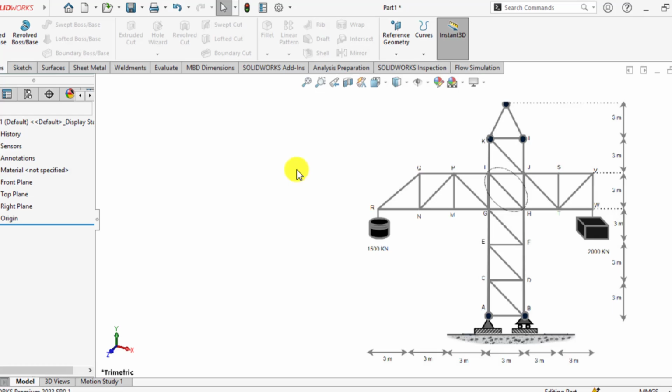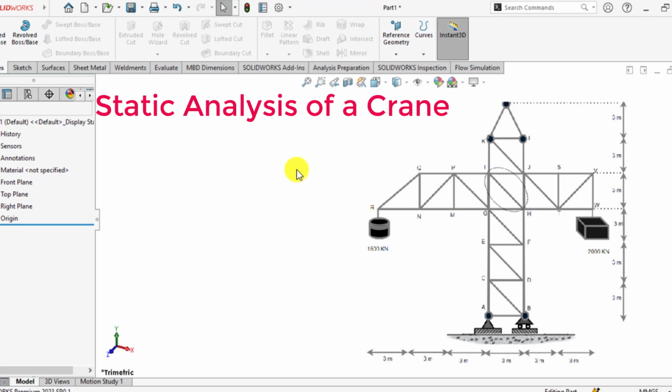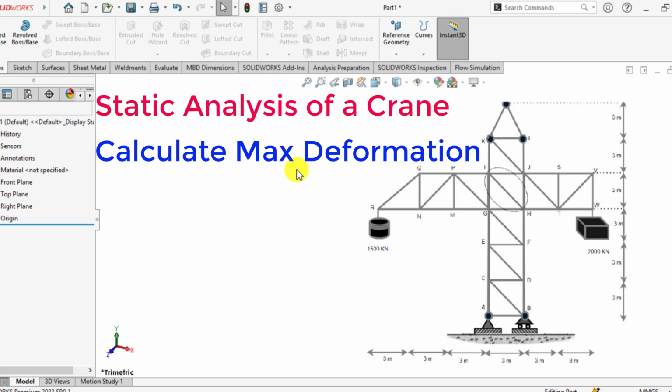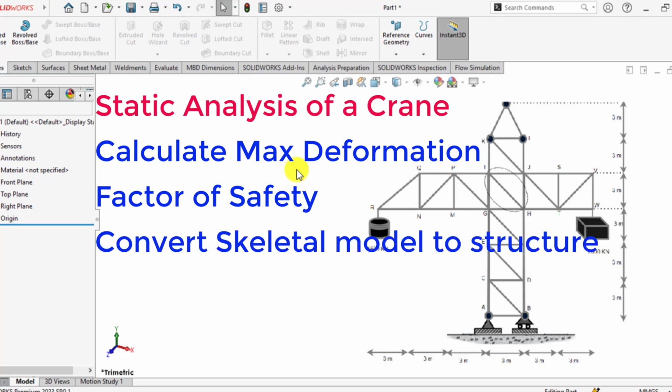Hello everyone. Today you will carry out the static analysis of a crane using truss members simulations with SolidWorks. The main outcomes of this simulation are to calculate the maximum deflection of these problems and the factor of safety for any member of this crane, and also learn how we can convert a skeletal model to a structure profile